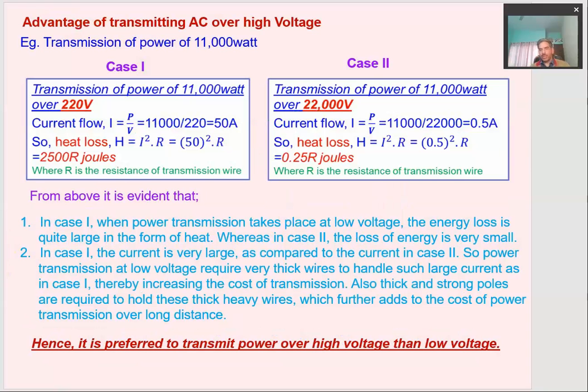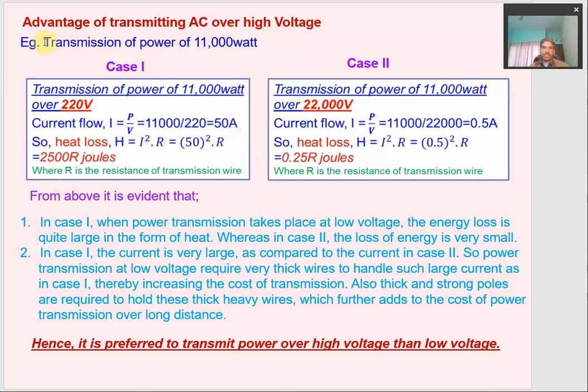The final thing is what uses we make of a transformer. Transformers are used for various purposes, as I discussed at the start of this class. The main purpose we discuss here is the transportation of electric energy. Whenever we need to transport electric energy from a power station to a distant location, we need a transformer. Let us look at how a transformer is advantageous for this.